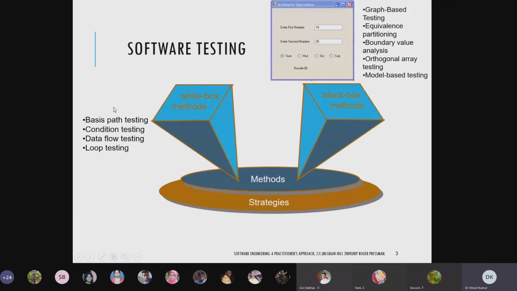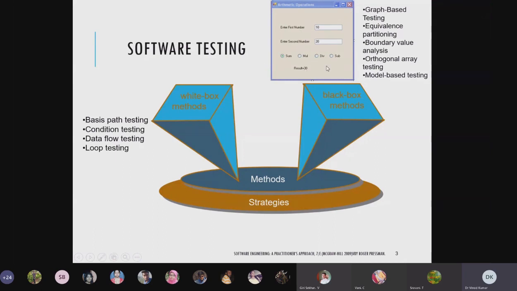Black box testing, as I told you, we perform by using these methods like graph based testing, equivalence partitioning, boundary value analysis, orthogonal array testing, and model based testing. In black box testing, we are not going through the internal composition of the system.